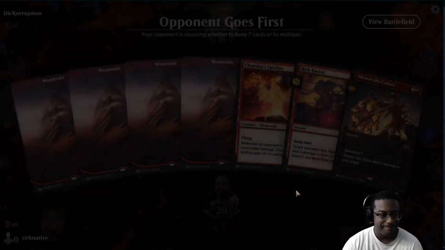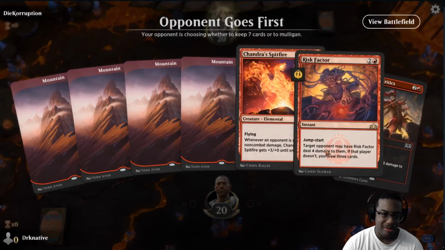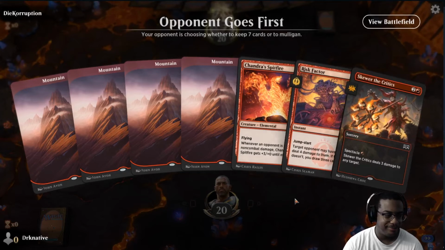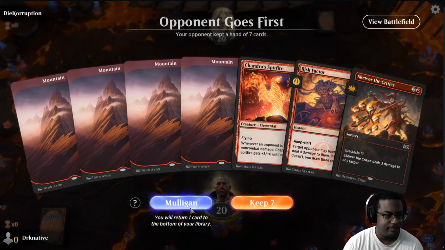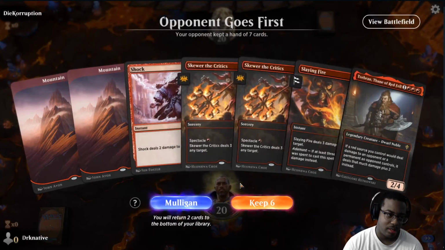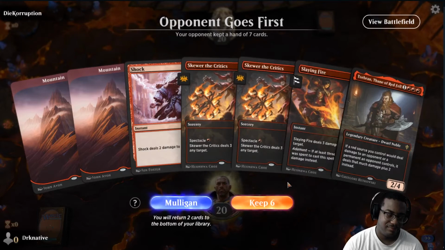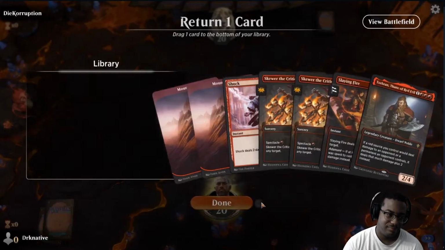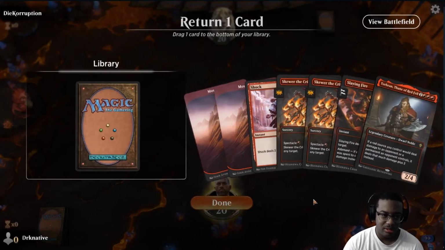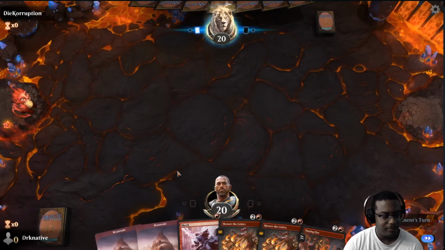Die corruption. I don't want to keep this because I can't do anything until turn 3. So we need something early. Shucks. Yeah, I guess that's early. Guess I can drop. Torbrents only have 2 land. Would luck to have kept them, but